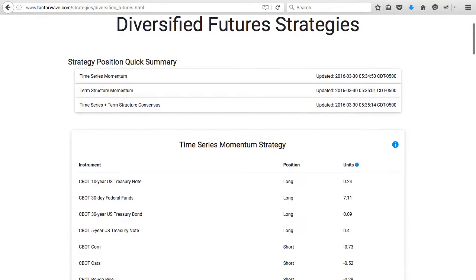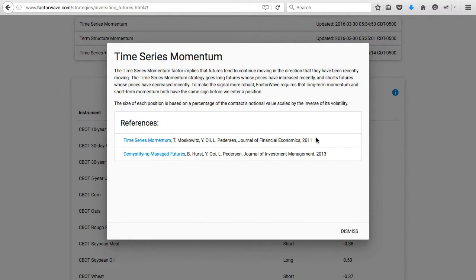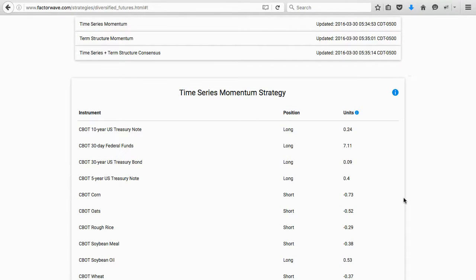The first one is a time series momentum strategy. We can find more about the strategy by clicking on the information button, and we see the particular references that we've based our implementation on. Time series momentum is fairly simple in that we buy things that have been going up and sell things that have been going down. Here we can see the instruments we're trading, the direction of the position, and the size